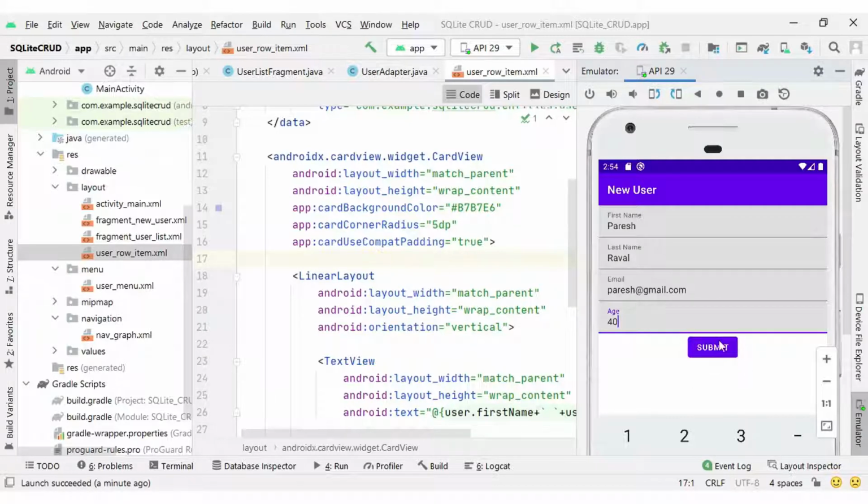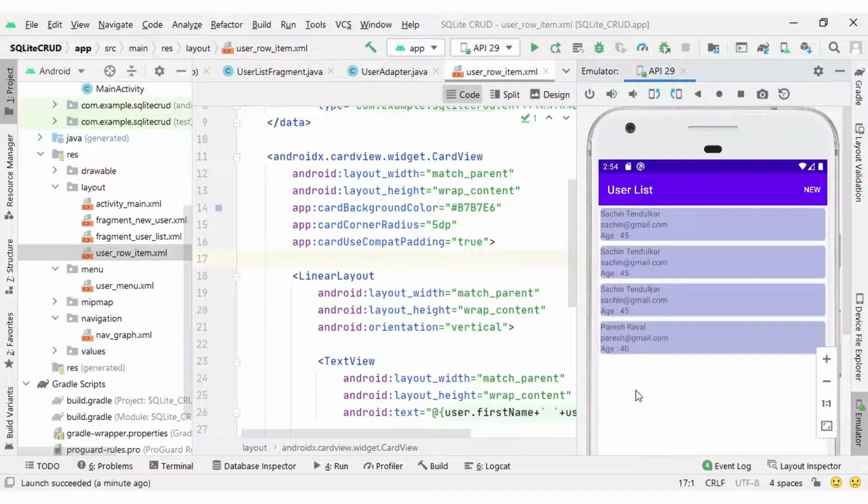So you can see our record is inserted, and if I press back, it is displaying in our recycler view as well. Okay, so we are inserting new data and it is displaying in our recycler view.